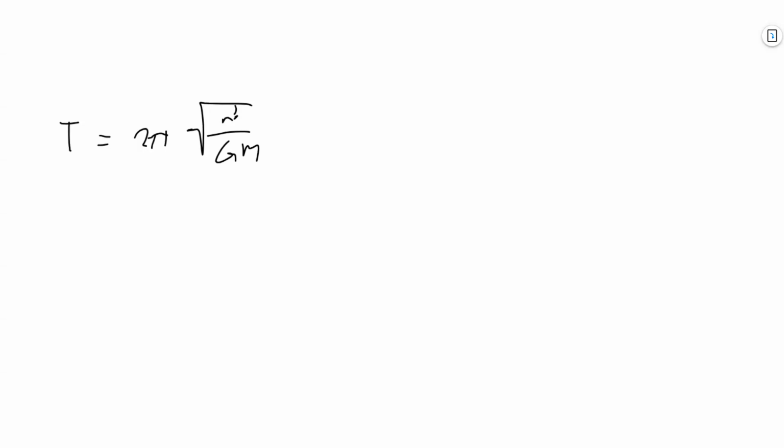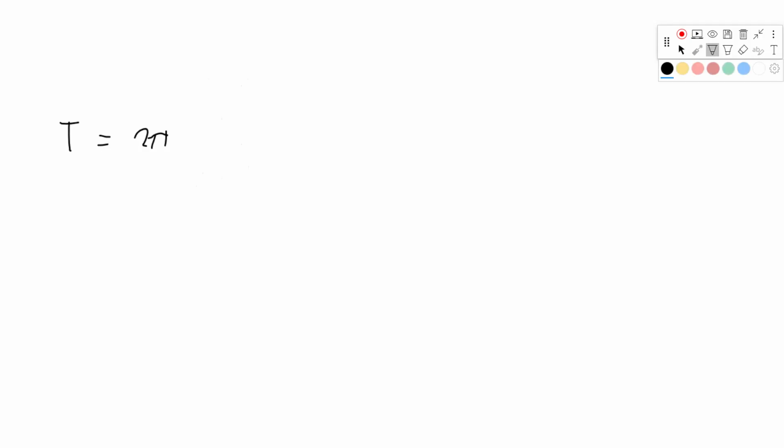We can either look it up or we know it already. So we can substitute in the information and solve. I'm just going to go ahead and erase this portion and we'll just write it in as the number values. So we have 2 pi, the square root of our radius, which we can look up in the chart and find is